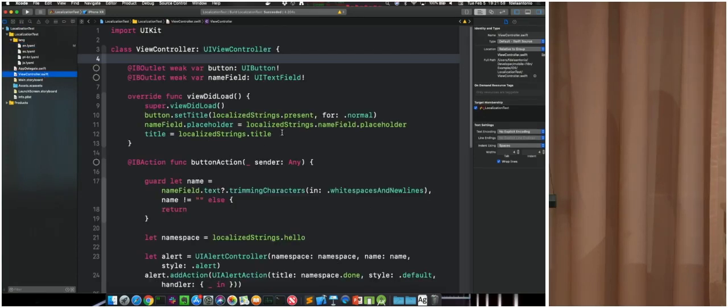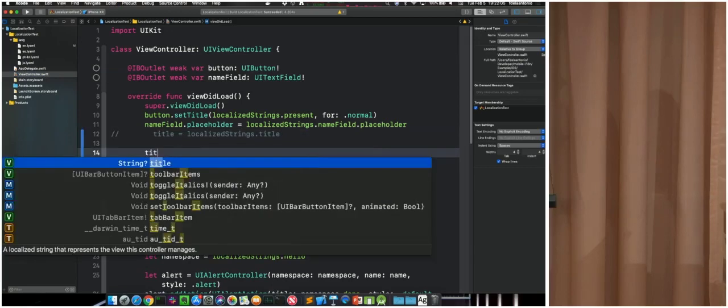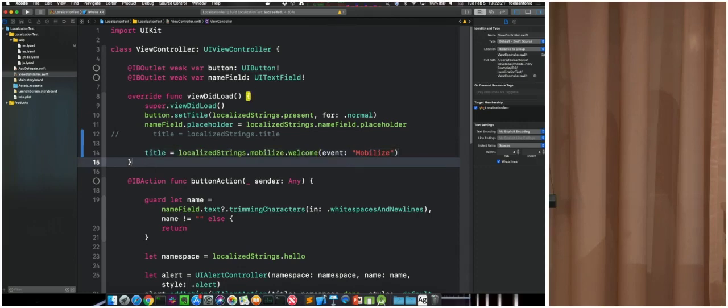So here I have my view controller. I have this title here, but I don't want to use this title. I want to use something different. So let's say that my title is localized strings, Mobilize, welcome. And the event name is Mobilize. You see that it's really easy, even typing with one hand this time. And the auto-completion is really helpful. And you see it builds. So if I run this now,